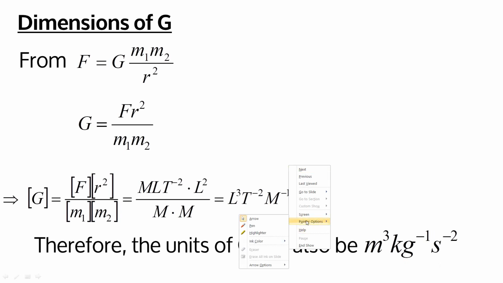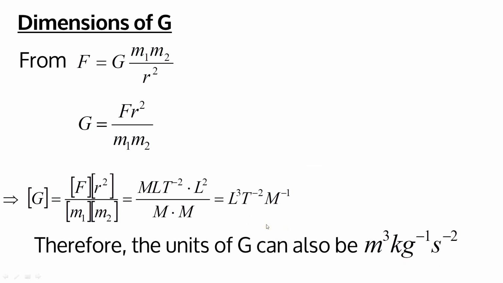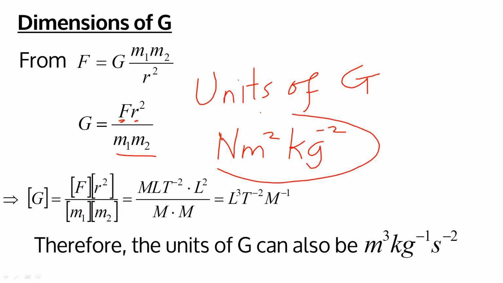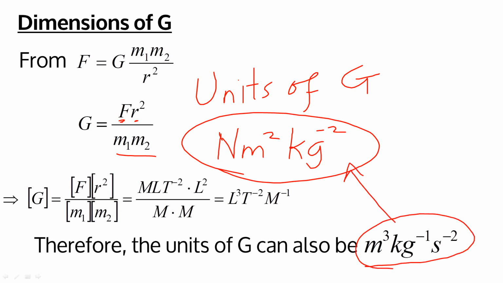Let me express it with a pen here. We are saying that the units of capital G, you can write newtons. I've obtained that from here, and then from here we have meter squared, and then here we have kilogram. But remember, it's in the denominator, kilogram squared, so we put it like that. So these are the units of G, or these ones. They all work. They are all correct.